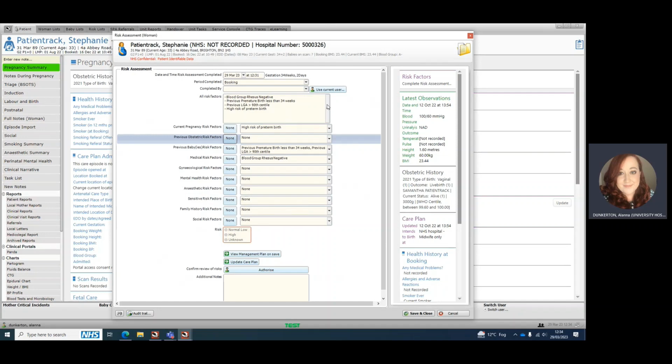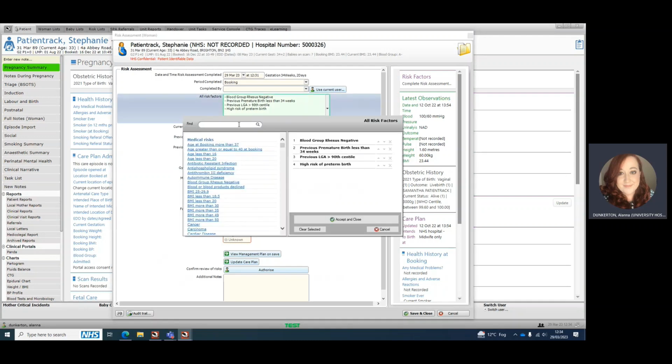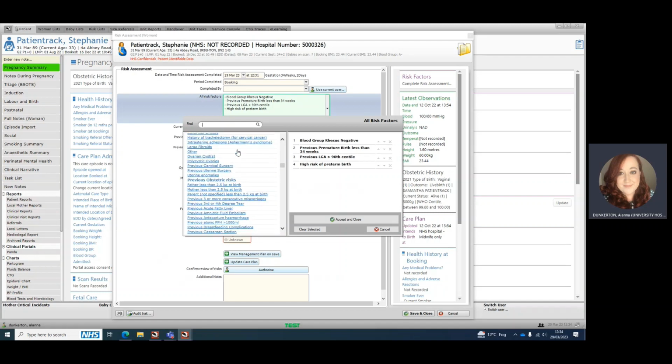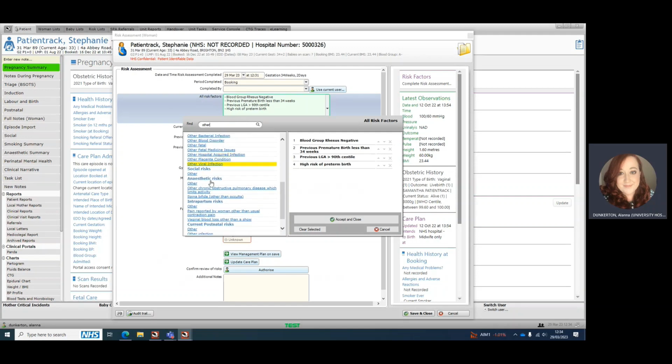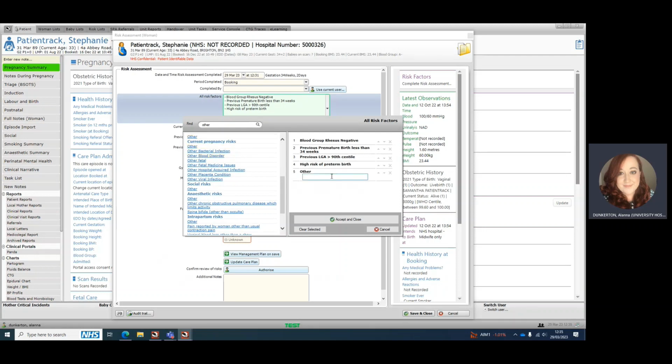One thing I find when using it, it can be difficult to know what goes in where, whether it's a gynae risk factor, mental health. So some of them are self-explanatory, but if they're not, you have the big long list of things that you can go through as risk factors. There's obviously the option for others in all of them, so all of them will come up with an other. So if something doesn't quite fit into what you think it might, something that you think might be a risk factor, you've got the option of other. If you do other, you've also got a box, so you could put whatever you need to in